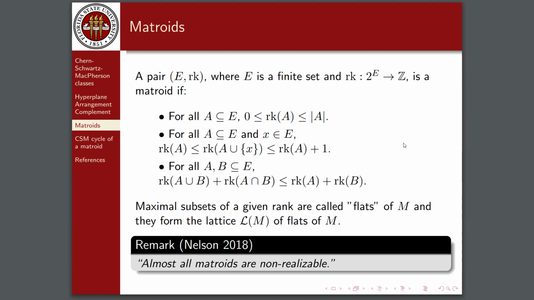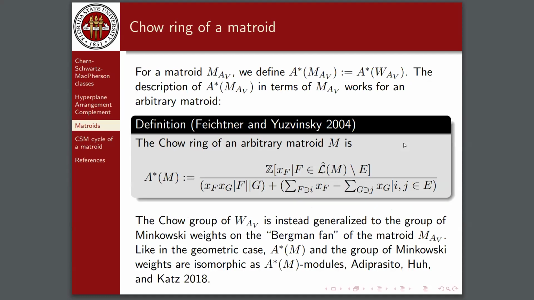So we shouldn't expect things that work for realizable matrices to work for all matrices because it is a significantly larger class of things. However, we had the concept of a Chow ring that we could assign to realizable matroids, and the presentation for this ring depended only on the matroid itself, not on the fact that we had a geometric object whose Chow ring was this thing. So in 2004, Feichtner and Yuzvinsky defined the Chow ring for an arbitrary matroid, and then